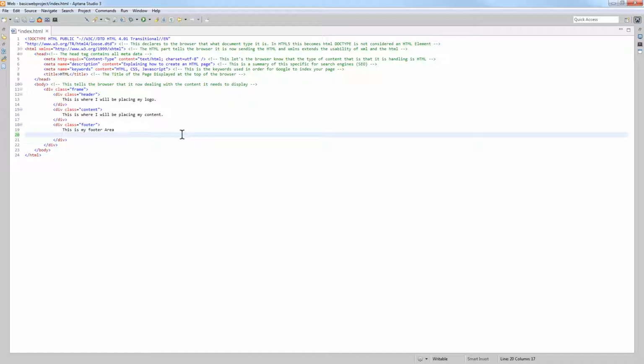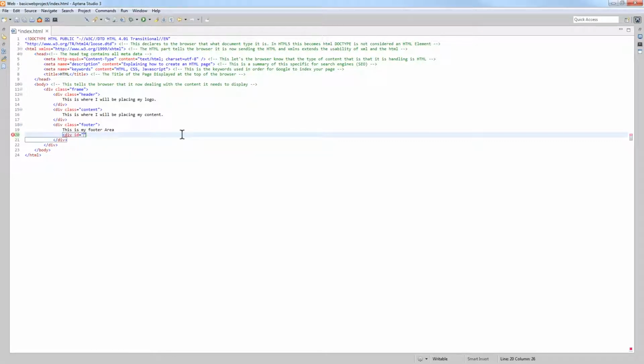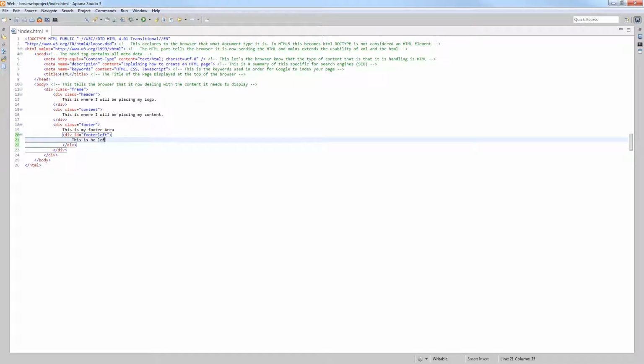The only difference is we will be changing class to ID, and we'll give it an ID of, let's say, footer left. And as I've mentioned before, whatever you call your class or your ID, it's up to you, but keep it simple, keep it straightforward. Okay, inside I'm just going to say this is the left area of the footer,